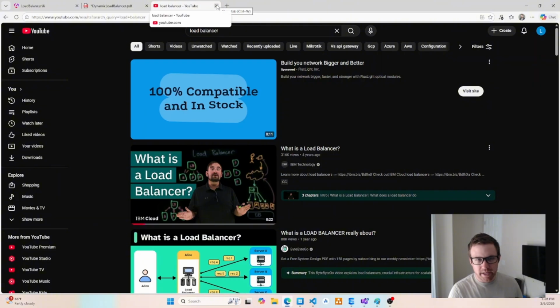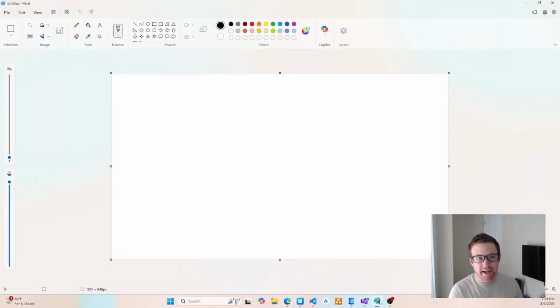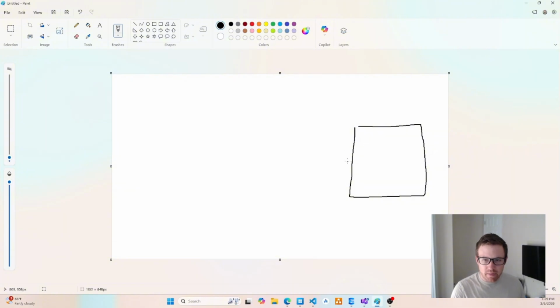But to jump in, I will give a very high level. So the very high level is, let's say you have a website as an example. And then the website, the user goes to make a call to get some data. And when they go to get that data, let's say they're going over to this server. Then this server has the API on it, has the database on it, whatever it is. And the server itself